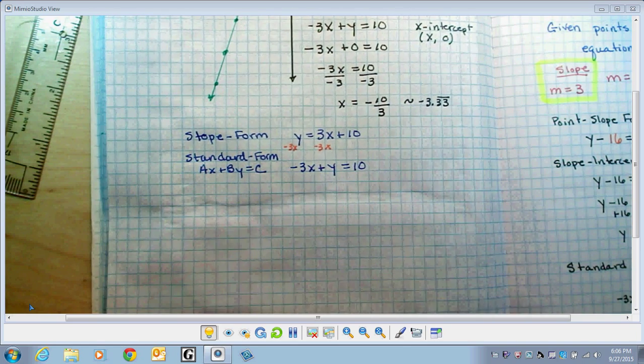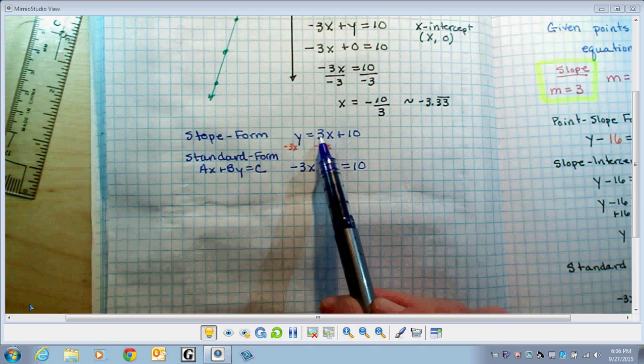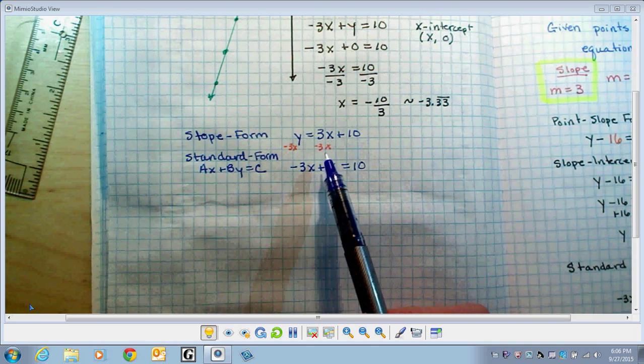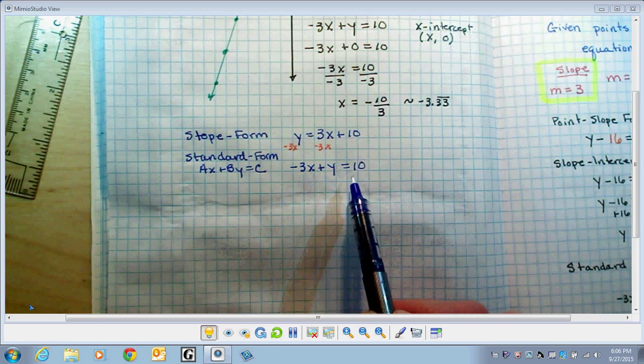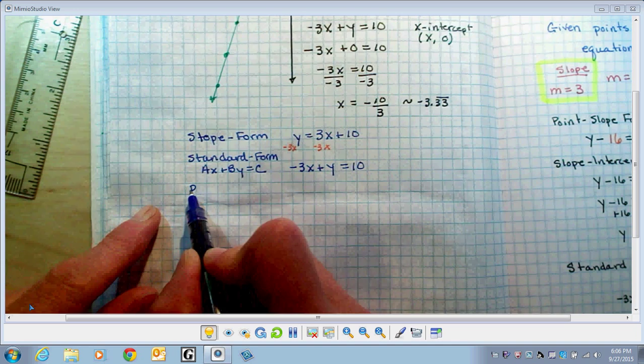Well, that's what I got when I did it longhand. That was pretty easy. I put the points in. The calculator told me the slope-intercept form. I did very little algebra. I got it in standard form. The last thing I need to do is put it in